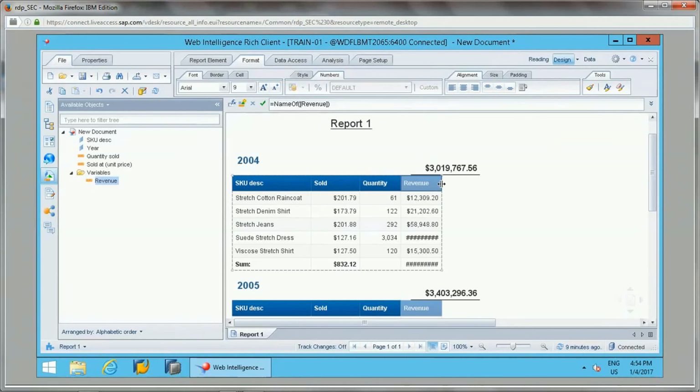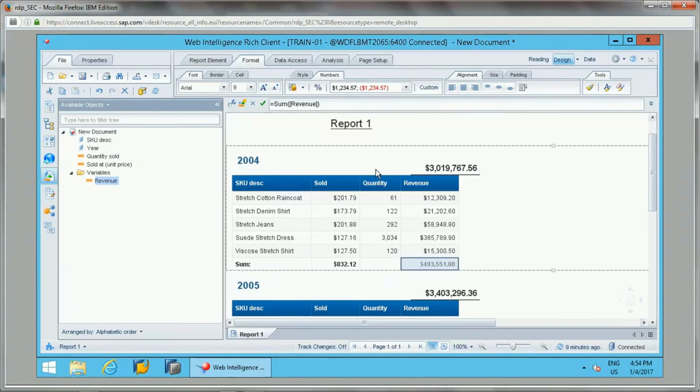So the calculation context for this is, if you see this total revenue, this total revenue is for this year 2004. When I move this revenue from this location to this section level, this block is a section.